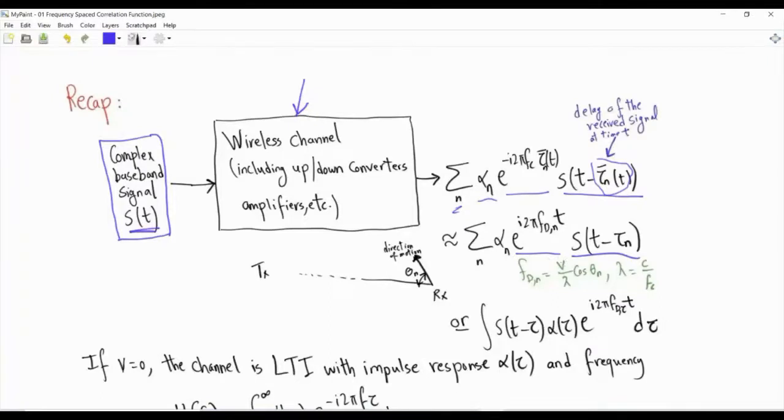And the Doppler frequency is V over lambda. Lambda is the wavelength at the carrier frequency, so it is C over the carrier frequency, and then multiplied by